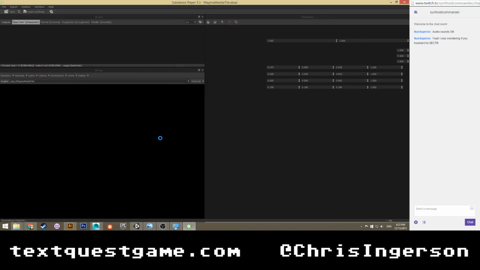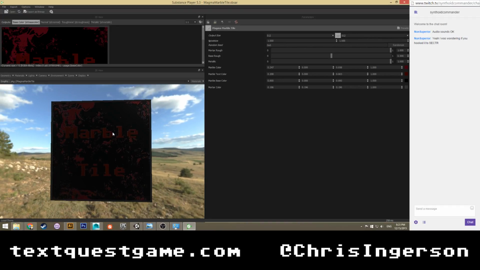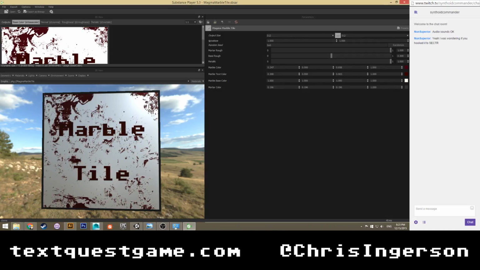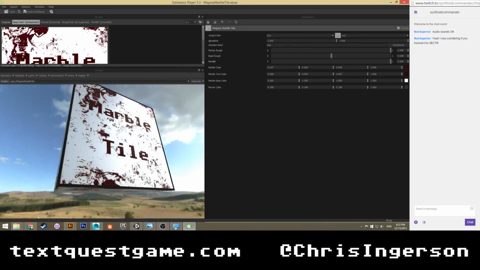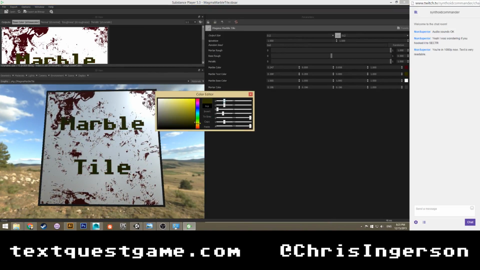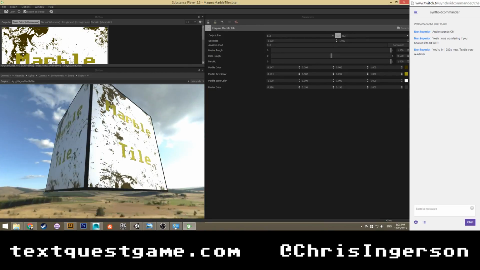So this is that marble tile that I made. I think it's originally black, but I changed the background to be white because the black was too hard to see. But all of that's tweakable, unfortunately. And I think I ended up making it a little bit more yellow to try and match the gold aesthetic of the doors.